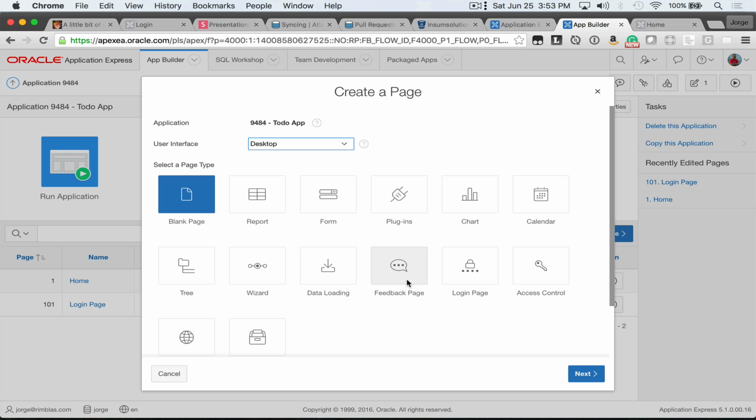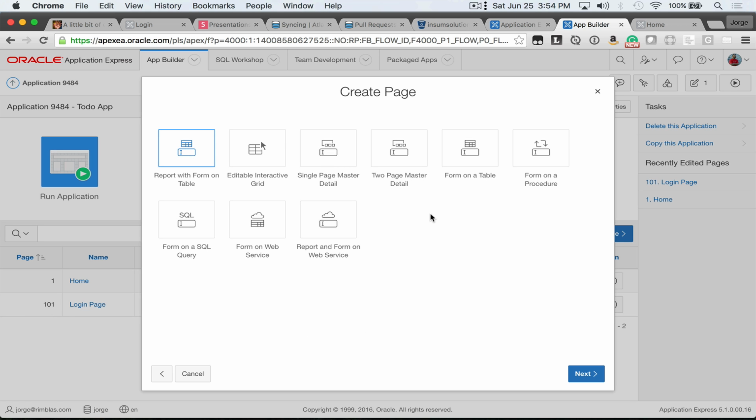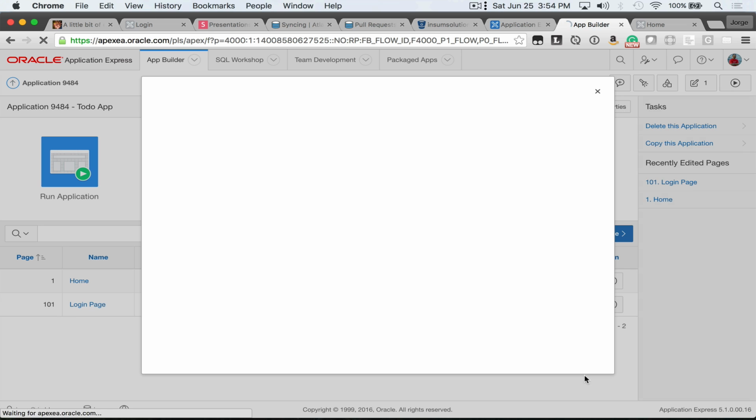All right, so this looks a little bit different. We are going to be creating a form, and it would be so nice to start trying an editable grid here, but shiny object. Let's get back to what we're doing. We want the first one, report with a form on table. We click next,